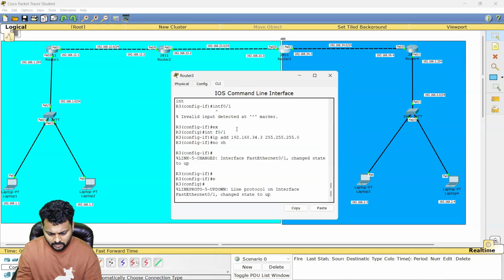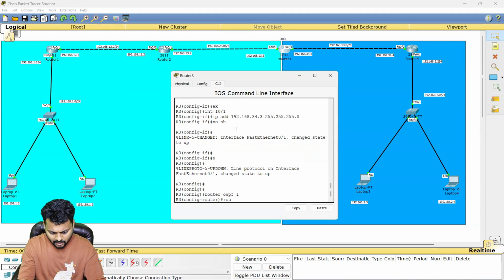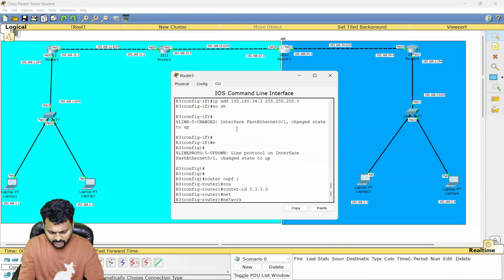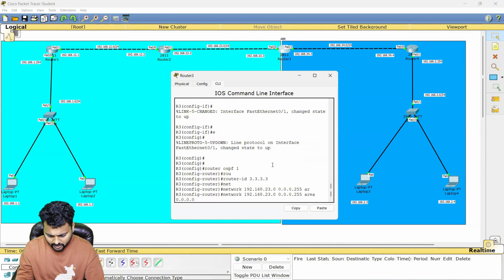On R3, router OSPF number 1, right? Router ID will be 3.3.3.3. Network, I have 23.0. This should be part of area 0. You can also define the area in the dotted decimal format,